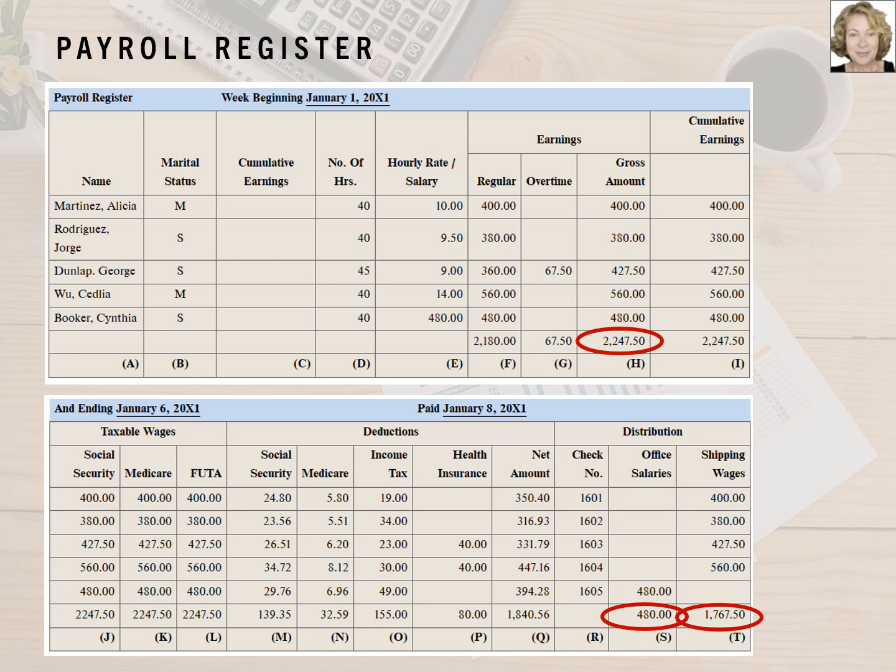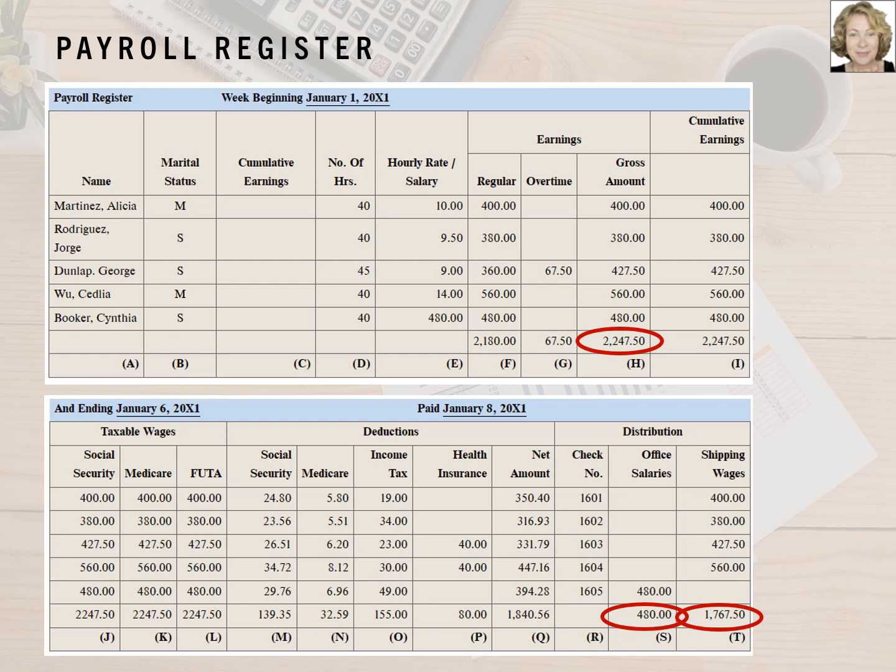Here we have the payroll register for the week of January 2021. It starts with the name of the employee and their marital status, and typically you would also see the number of dependents listed here and any additional tax withholding the employee is requesting. Next are the number of hours and the hourly rate, and the calculation of the regular and overtime wages. The payroll register then continues with the taxable wages for Social Security and Medicare taxes, and typically there would also be a column for federal and state taxable wages.